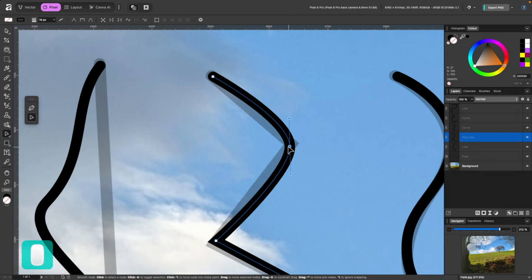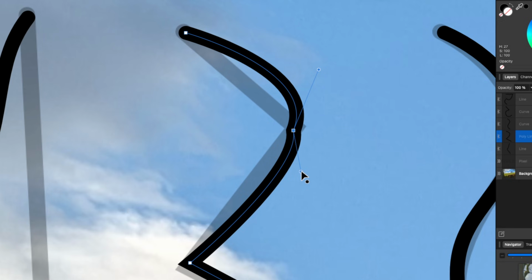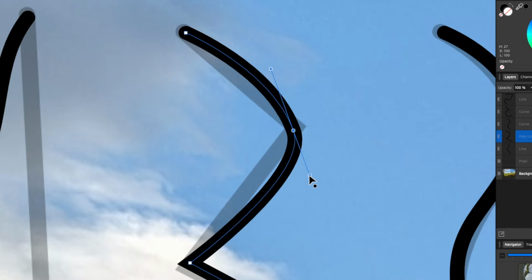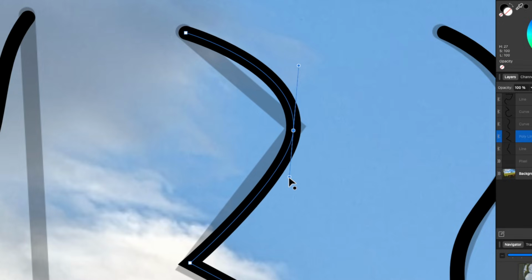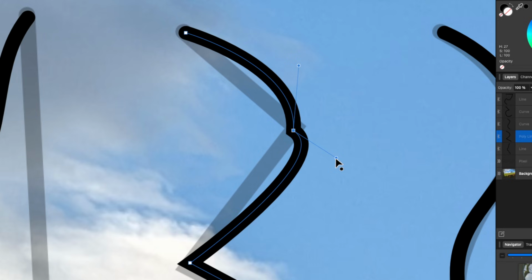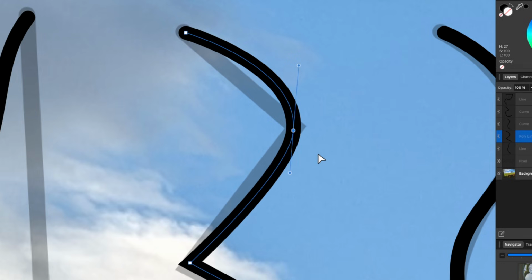So now I'll just select this individual node here. And I can hold down some shortcuts on the keyboard. So if I hover over this handle here and I hold down Option or Alt on the keyboard and click and drag, I can change the direction of the handle here. And if I go ahead and drag the bottom handle and I just do it slowly, you can see I can bring it back to normal. You see the smooth node is now activated again. So Option, click, drag, and I can just drag that back into place and it turns back into a smooth node.